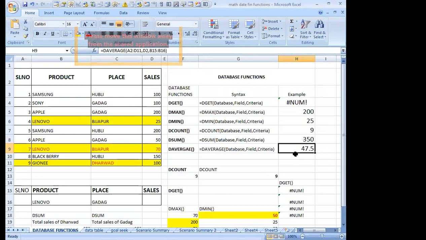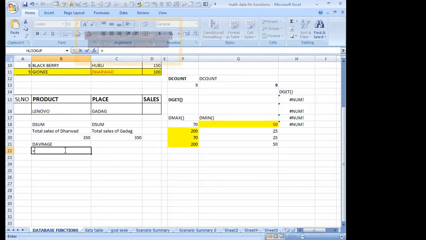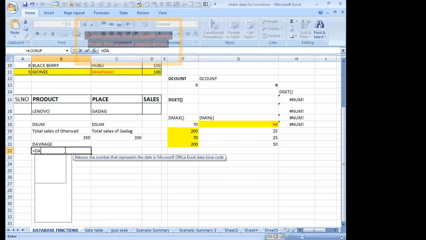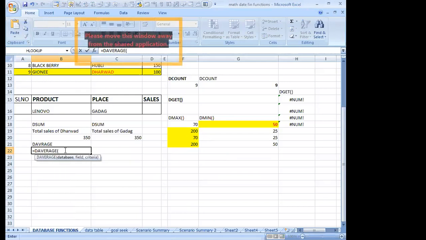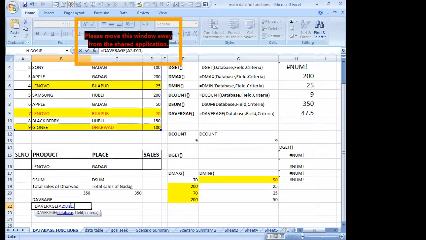And what is the criteria? Which place or which product we are selecting here. I'll take one more example. DAVERAGE is a function, then this is the database, comma, then sales is the field to perform the average of sales. Which is the product?